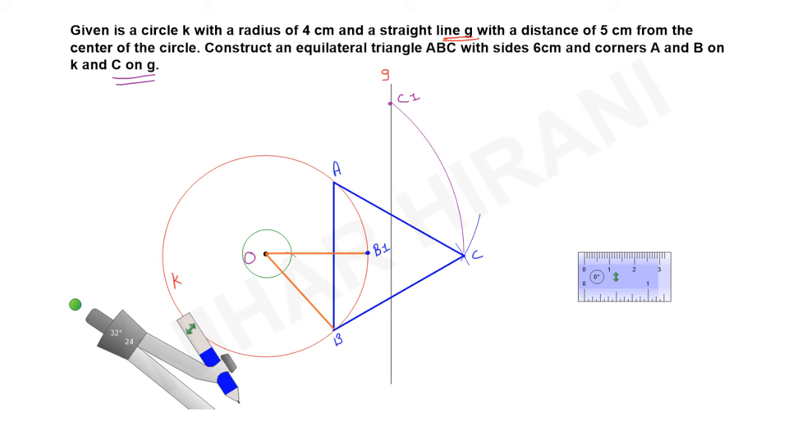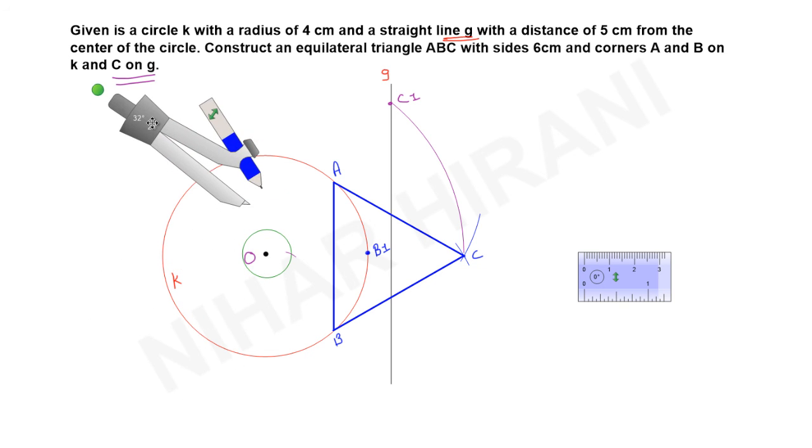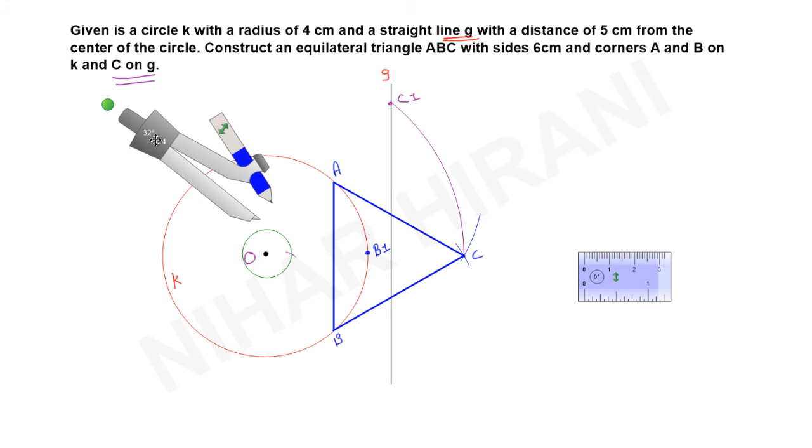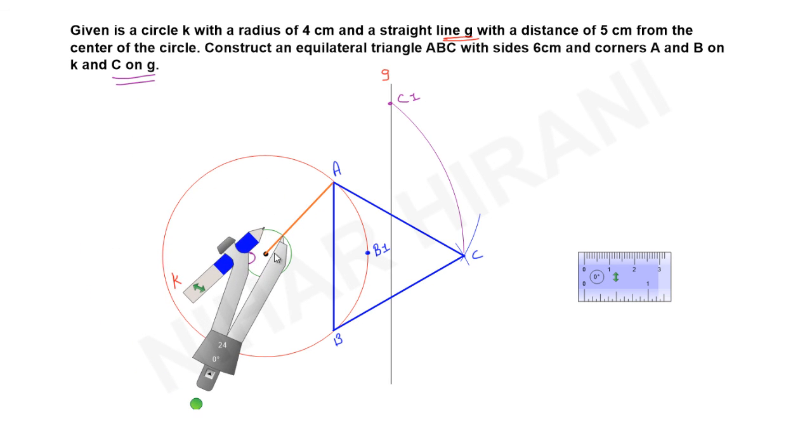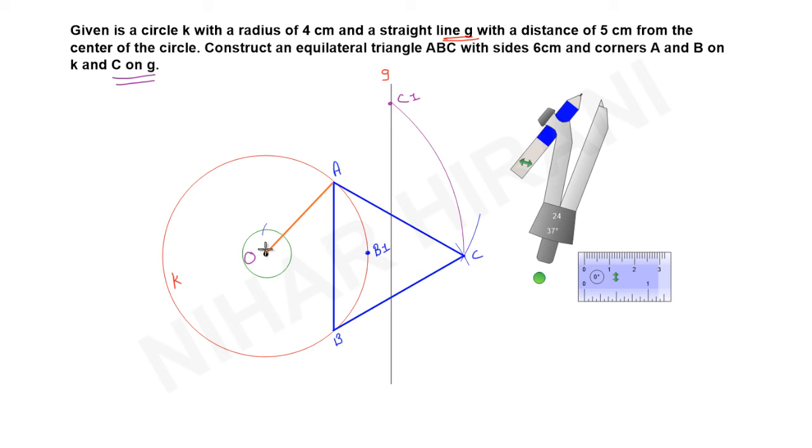And again I will do the same thing. I will delete these lines because this will create confusion. I will rotate the A point the same way. I have not changed the measurement of my rounder. This is the same. I measured the angle of rotation for C to C1. And you also be sure that you do not change that measure. Now I will connect O and A. I will do the same process. I want to rotate A also with the same angle I did with C to C1. So I will make one arc over here and then I will join O, this intersection of circle and arc, with the circle. And here I got the point A1. Now I will delete these also. You can keep it also, but it will create confusion.